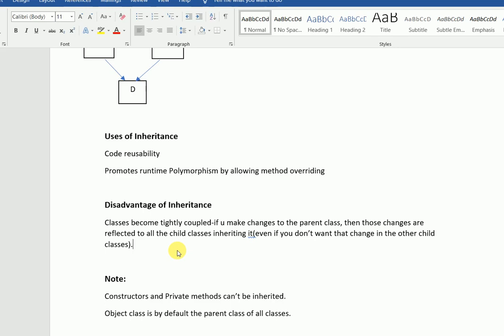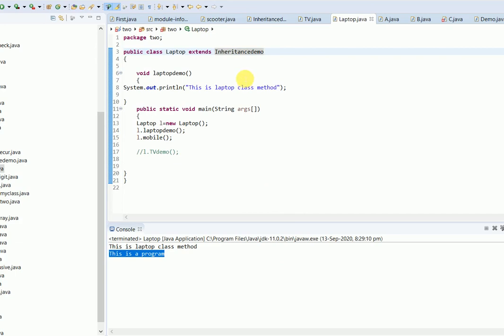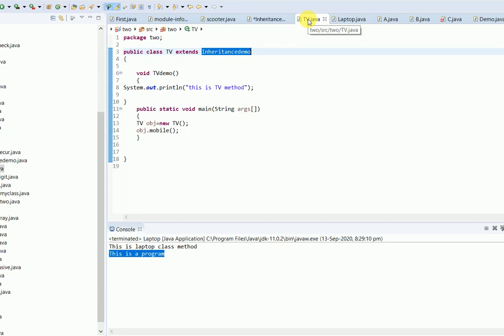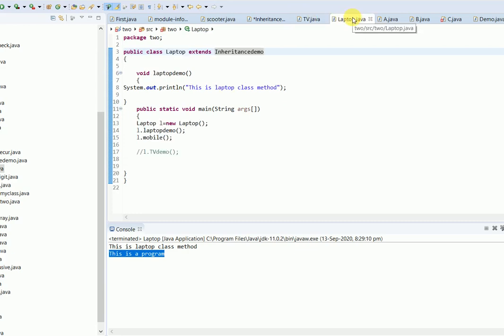For example, let's see that in inheritance demo. If I got a requirement to change this method, like this is a change, okay, I changed it. Now I do not want this change to reflect in tv.java, or I do not want it to reflect in laptop.java.